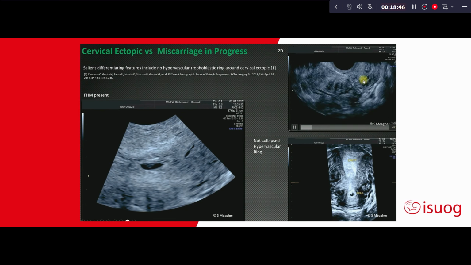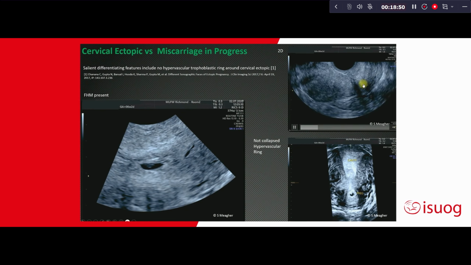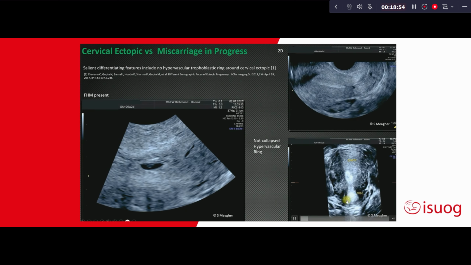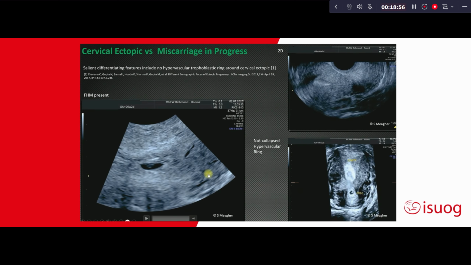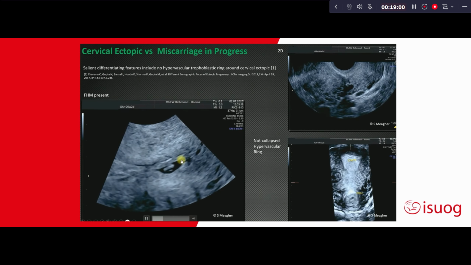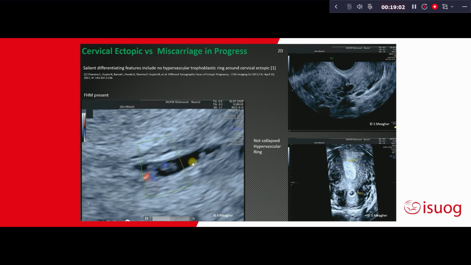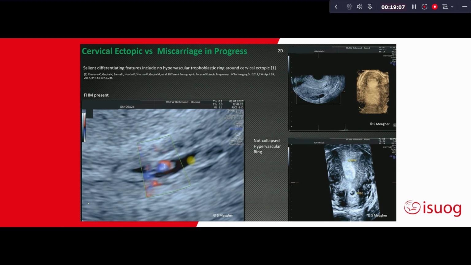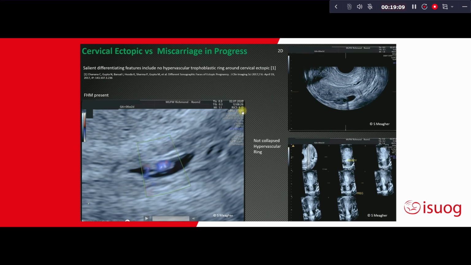In this case, you can see it conforms with the shape, or gets compressed, I should say, as you sweep through it. And then you can see in a coronal image that spherical appearance of a pregnancy within the cervix. But really you need to push, and as you manually palpate, you see that this slides within the cervical canal. So there may be an embryo present and a heart motion present, but this is really a pregnancy miscarriage in